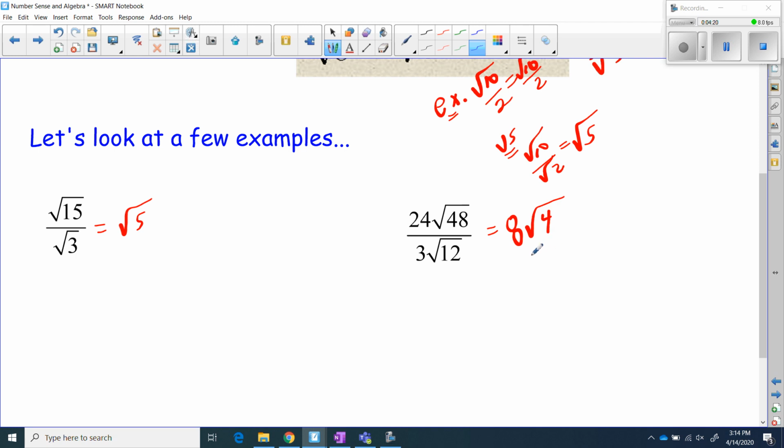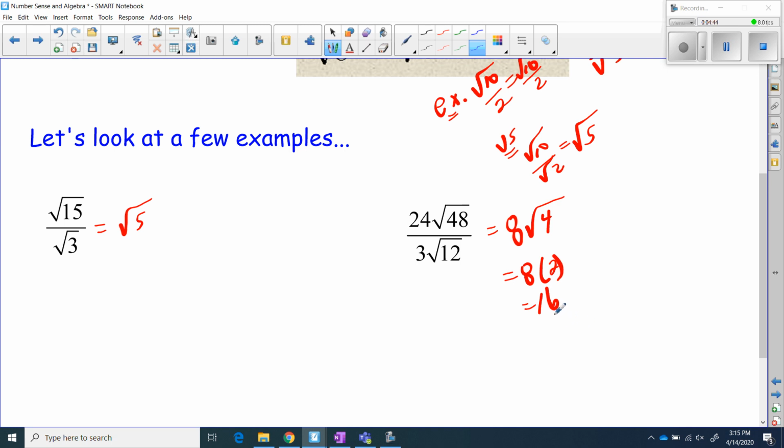Now, you would never leave your answer like this. At this point, radicals become like fraction work since middle school. You would never leave fractions not in simplest form. You would never leave radicals not in simplest form. 4 is a perfect square, so I would never leave that like it is. I would just say, well, the square root of 4 is just 2. 8 times 2,